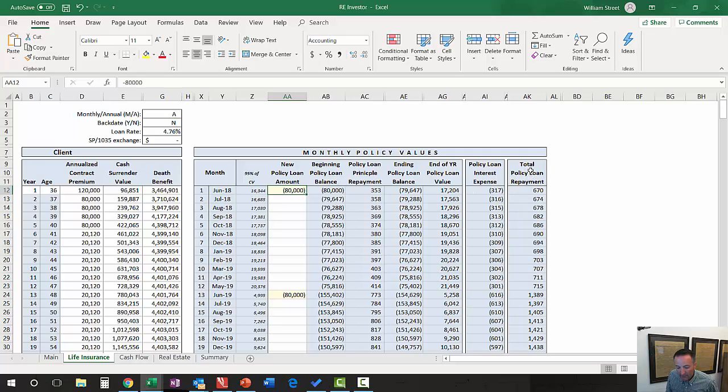So you see this far right column over here, total policy loan repayment. That 670 is the cash flow from that real estate that this client has acquired. And then you see that 670 is split up. So think again of the hierarchy of wealth, and you see the cash flow cycling back down into that bottom layer. Well, there's policy loan interest, right, on the policy loan that we took from our policy that we used to acquire the properties. So that's 317, and then the other 353 is loan principal.